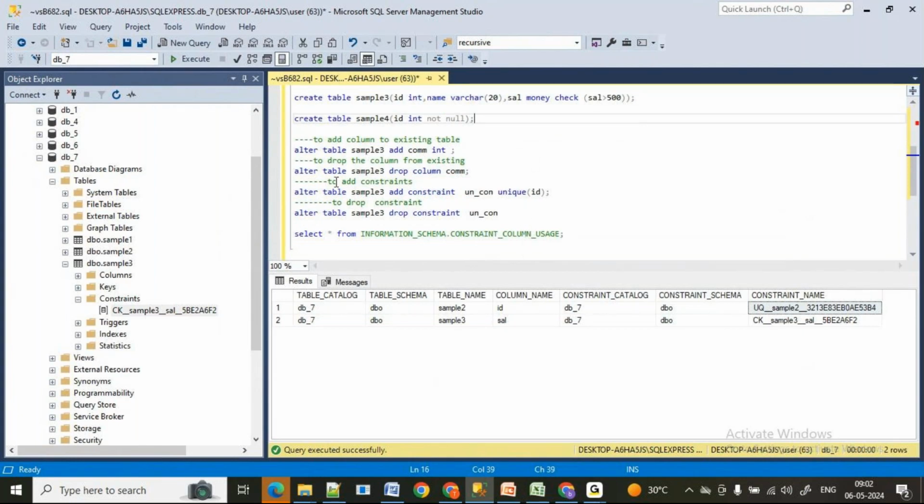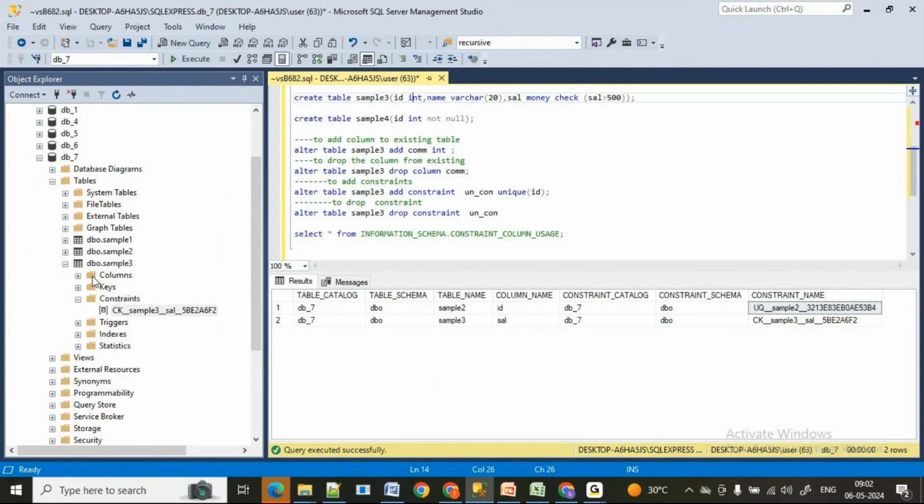Now I have the ID column in sample tree, but I don't have any constraint on that ID column. Do I have any constraint on the ID column of sample tree? No. Now I want to add a not null constraint to this column.